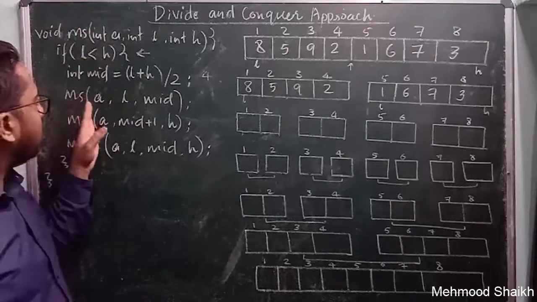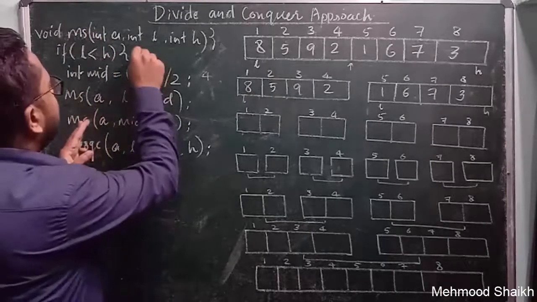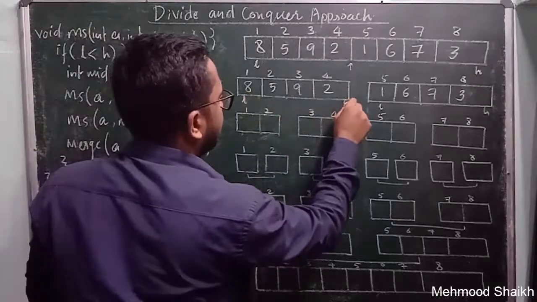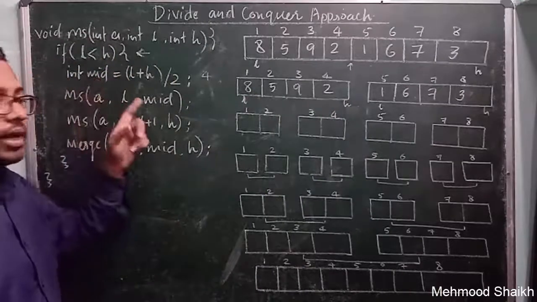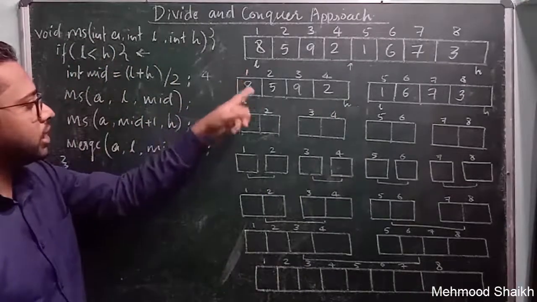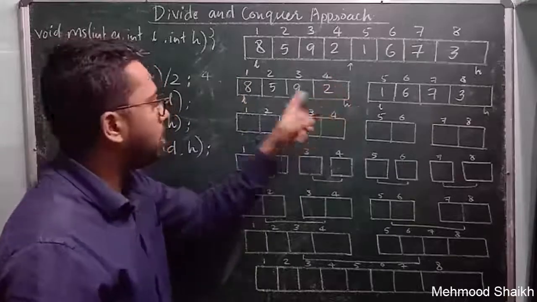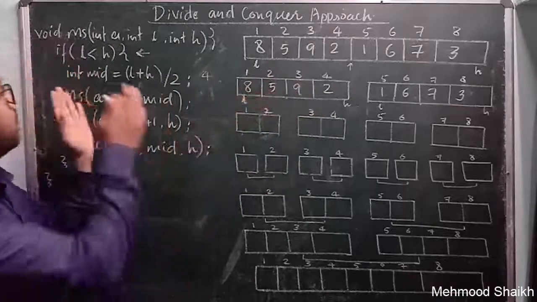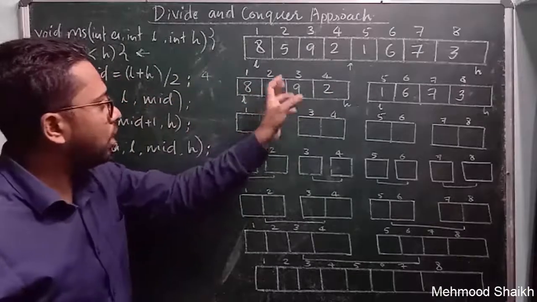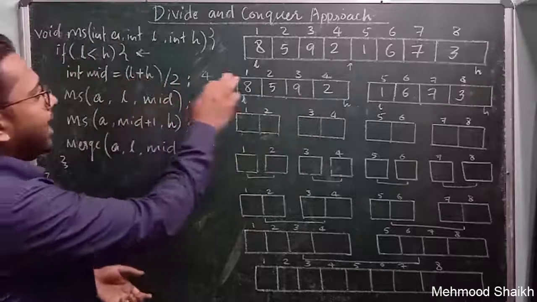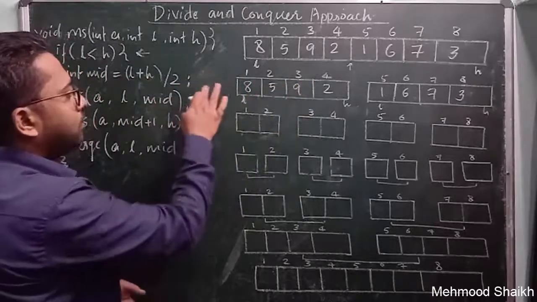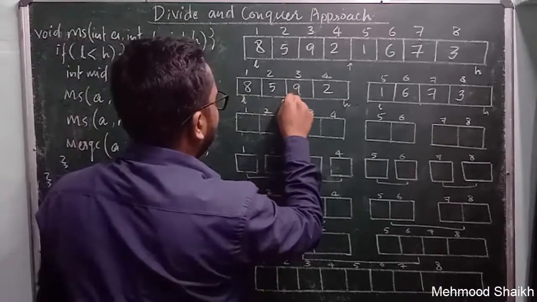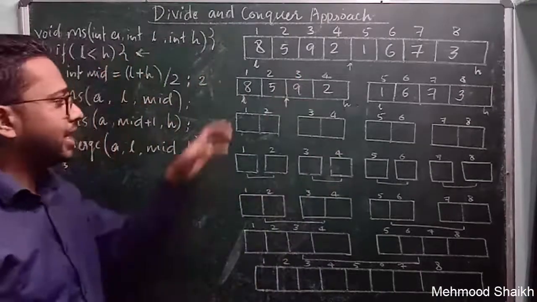When it makes a call to the same merge sort function, control will come here, and here we will mark low and this is high. So what are our low and high now? Low is the first location and high is the fourth location. I will check whether low is less than high. Yes, 1 is less than 4. That means we can find the mid location of subproblem 1. So I will add 1 plus 4 equals 5. When I divide 5 by 2, we will get 2. That means we will divide this subproblem 1 from the second location, and that is our mid location.